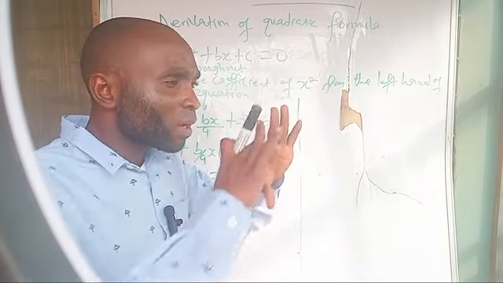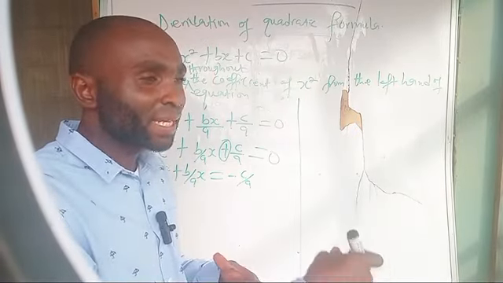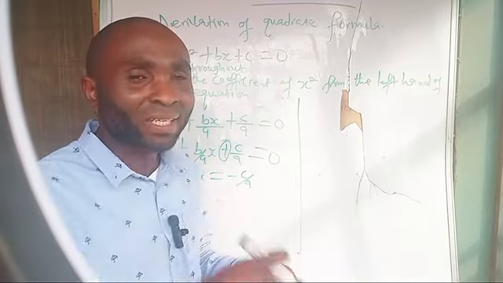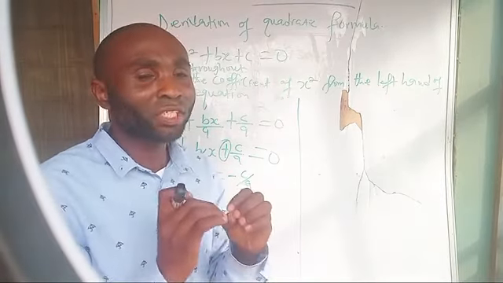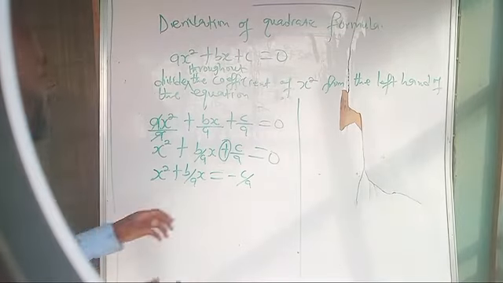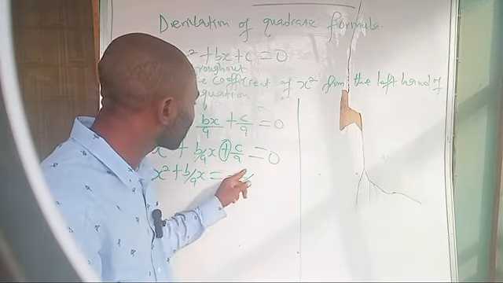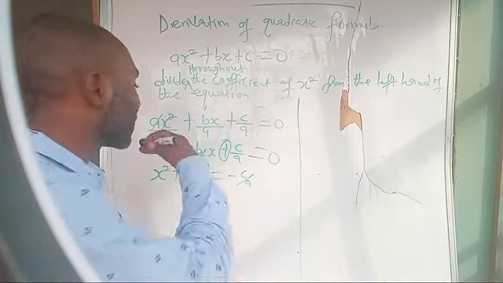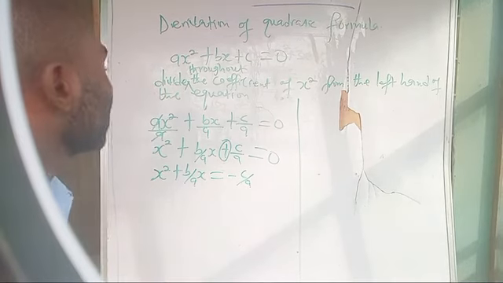So in mathematics, when you're taking a quantity or a number to cross an equality sign to the other side of the equation, the sign changes. So that is why we're having a minus sign, which is minus c all over a as the constant now, because we have taken it to the other side and the sign changes to minus. So guys,